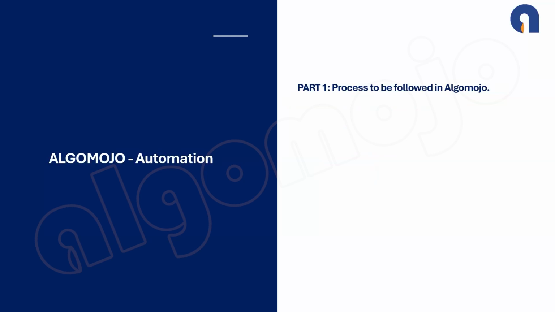Now, when it comes to automation, it needs to be done in 2 steps. The first step is what needs to be configured in Algomojo, wherein we look at what parameters need to be set and how we do that. Once you decide on the trading symbol, expiry, quantity, all those parameters, the minimum information that is required for you to trade,